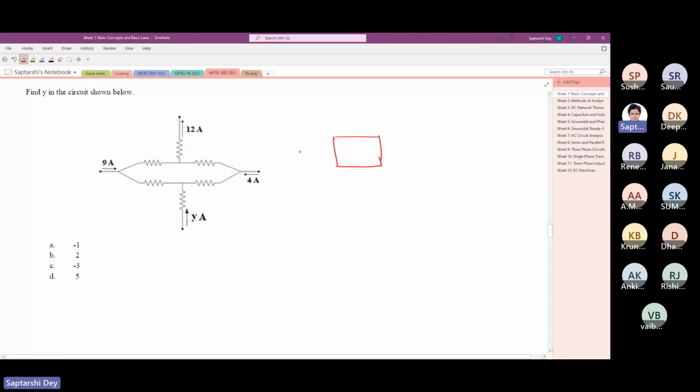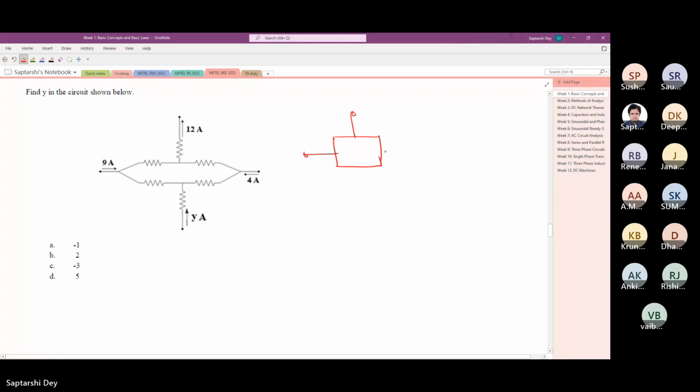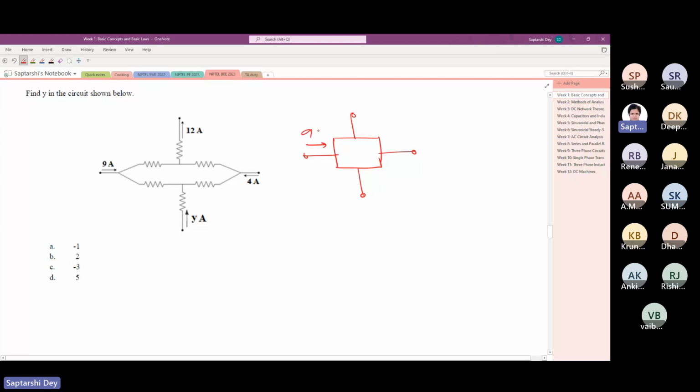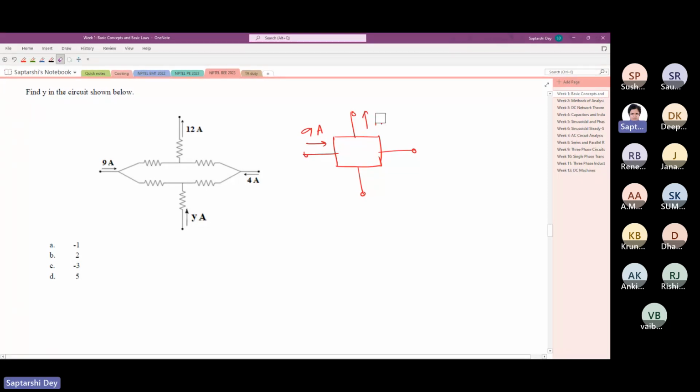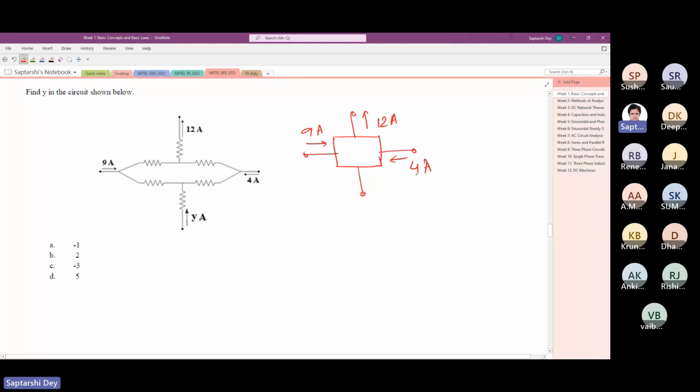Assume the network like this, a network which has 4 ports. So 9 ampere is going here, 12 ampere going out, 4 ampere coming in. So total is 13 coming in, 12 going out. So 1 more ampere should go out. So what is the answer? Y should be equal to